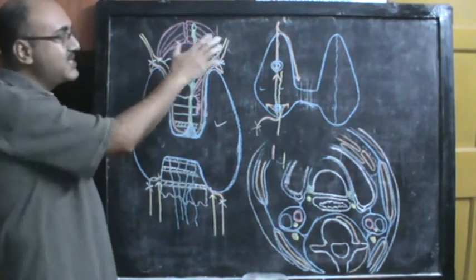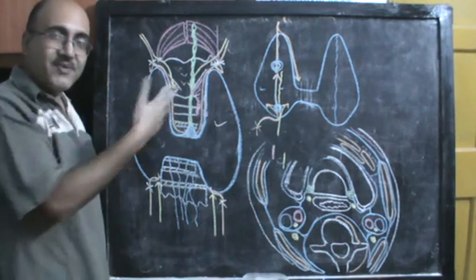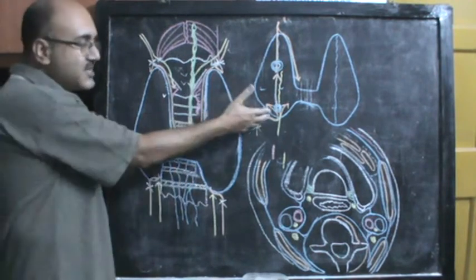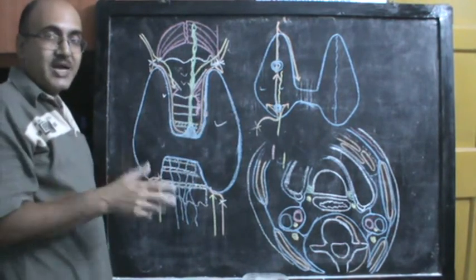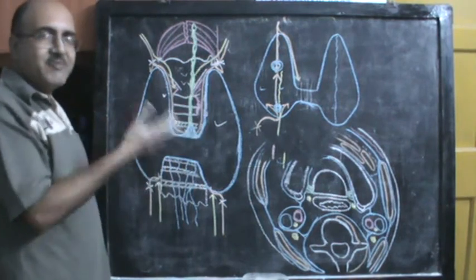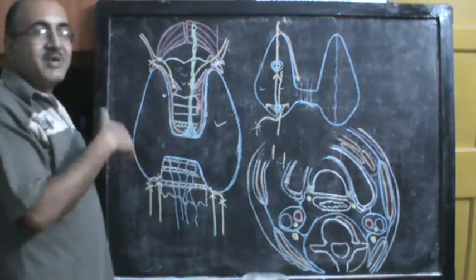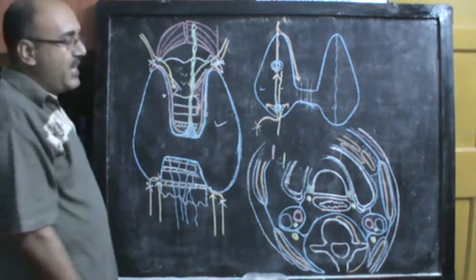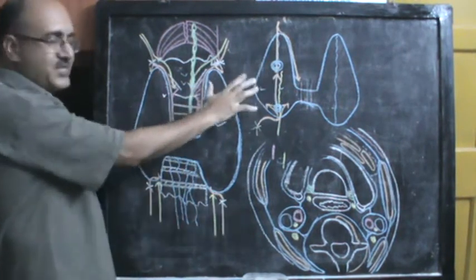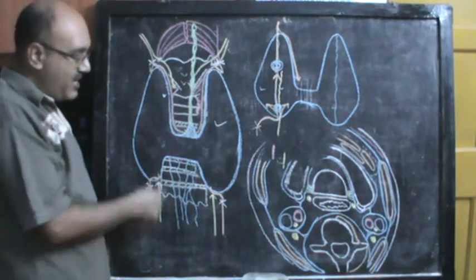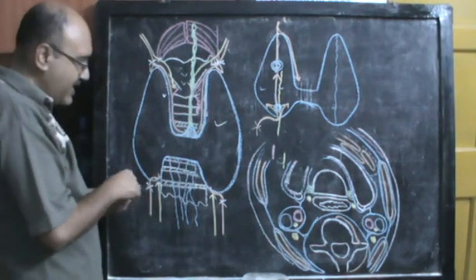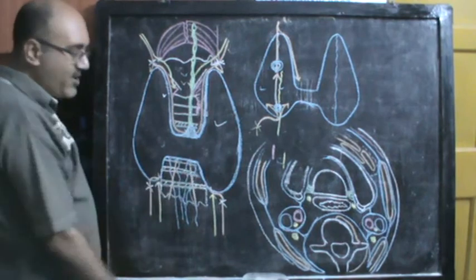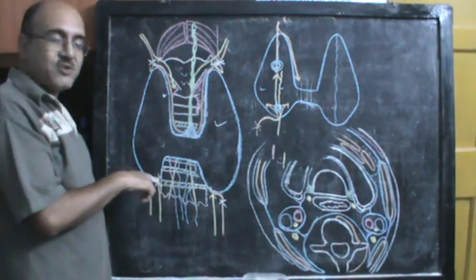So this is always a moot point. What structures does the superior thyroid artery supply apart from the thyroid, and what structures do the inferior thyroid arteries supply apart from the thyroid? Although they are named as thyroid arteries, they supply many other things besides the thyroid. That is something you have to keep in mind. And apart from these two major areas of supply for the thyroid gland, we have said that you can have an additional supply directly from the arch of the aorta, that is called the arteria